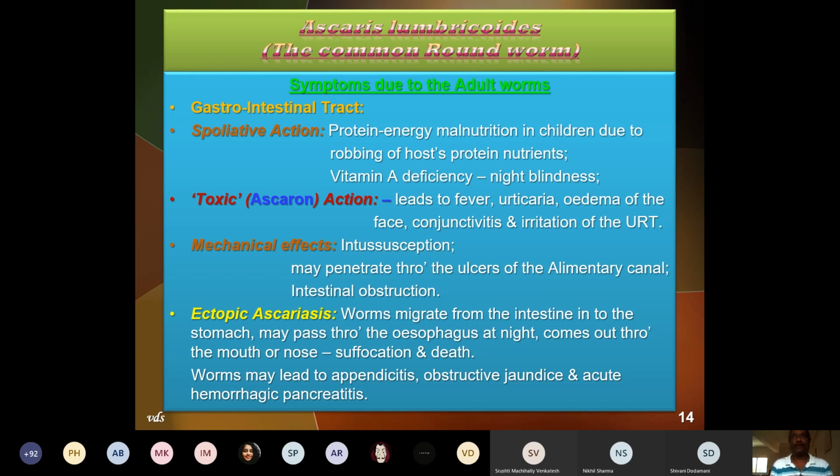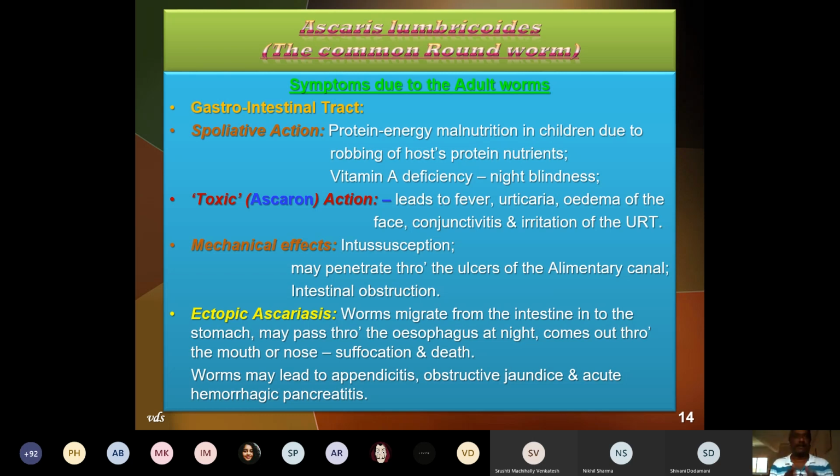Breadth, which is measured in millimeters, 3 to 5 millimeter in breadth. Now, when such worms present in the intestine get completely entangled together, the intestine fails its peristaltic movement, because of which there is overlap of the intestinal wall, which is called intussusception, and because of which there are abdominal cramps. So intussusception is due to the mechanical effect produced by the worms which are present in the intestine.